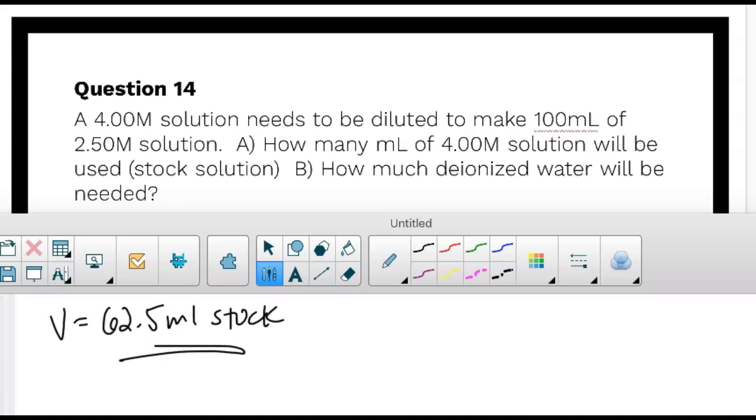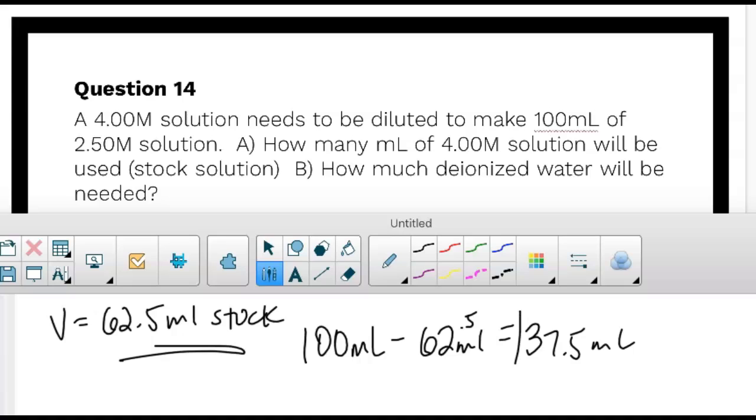And so that's what I was saying, that if you subtract your total by how much stock you used or you needed, that's how much water you're going to need, which is 37.5 milliliters. Okay, so that's how you solve number